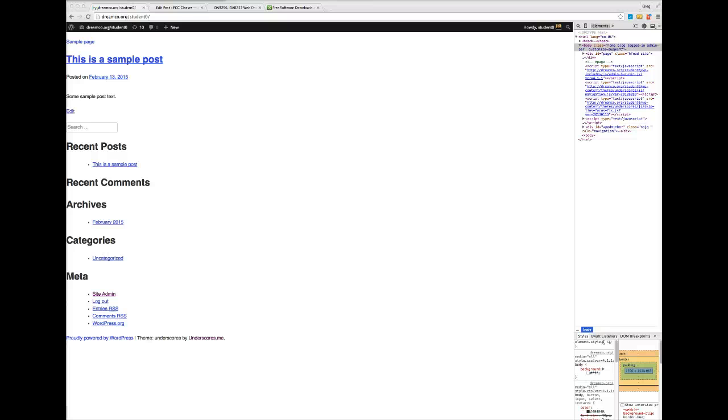Hello there. Today we're going to look at how to modify the underscores theme in WordPress, starting from after you've uploaded the underscore theme to WordPress and activated it as the main theme. Now when you do that, on your WordPress site, you'll see something that looks like this. It's pretty boring